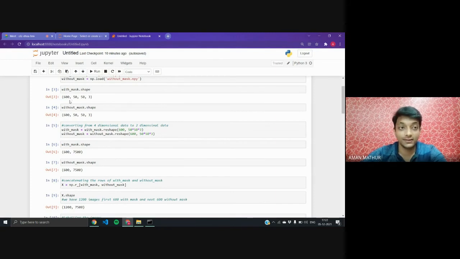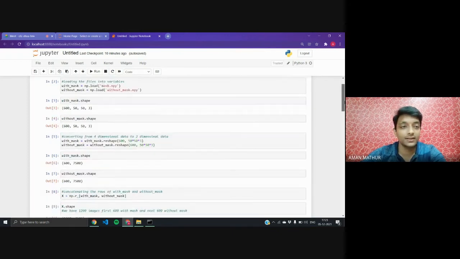It contains 600 images with mask, and the dimension of every image is 50 by 50 by 3. The next file contains 600 images without mask, and the dimensions of each of these images are also 50 by 50 by 3.